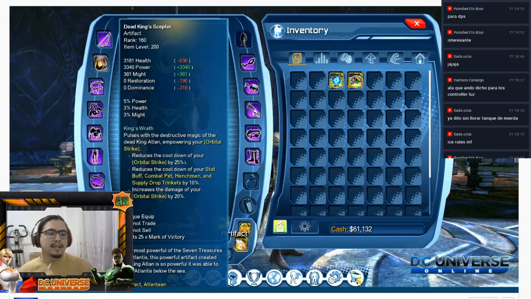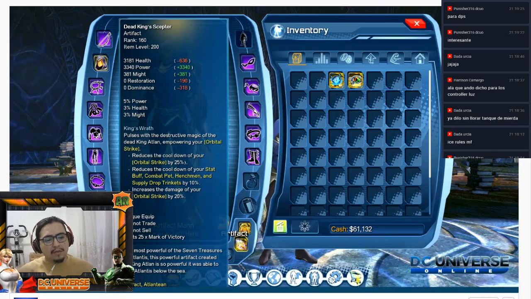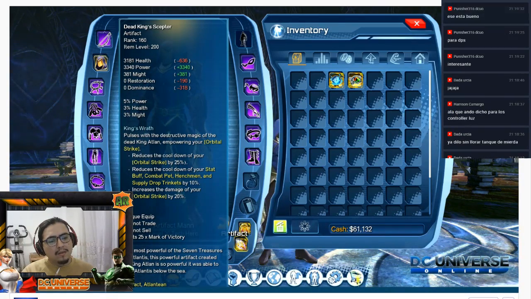Este básicamente lo que hace es reducir el cooldown del Orbital Strike, de las mascotas, de los trinkets, de todo. Y aparte de eso, incrementa el daño del Orbital en 20%. So we're just, as we're going along, kind of sprinkling in these different mechanics that we